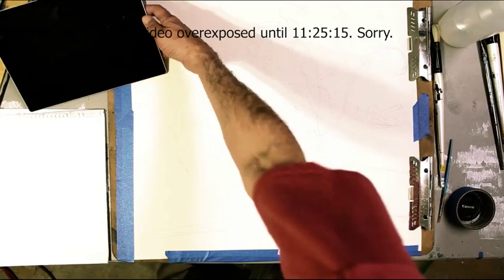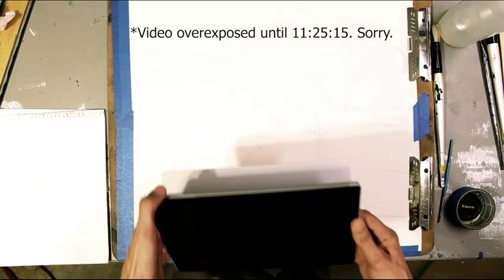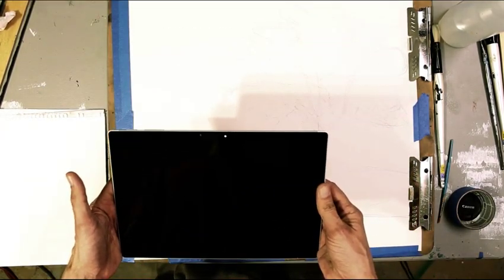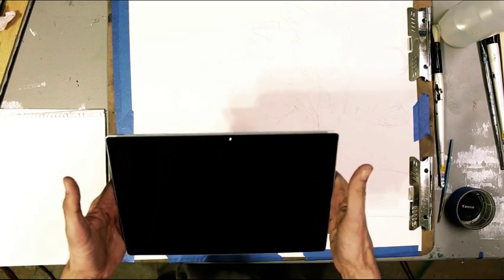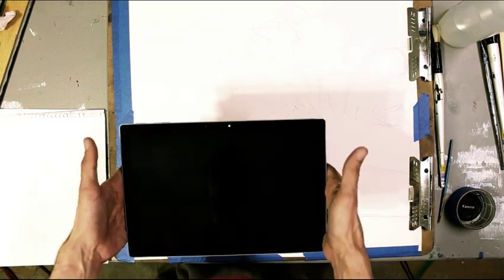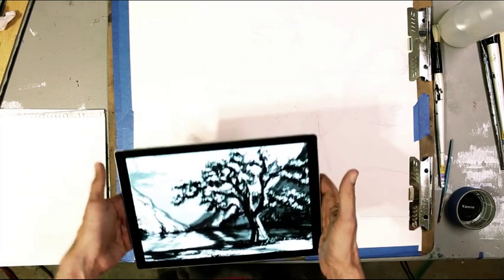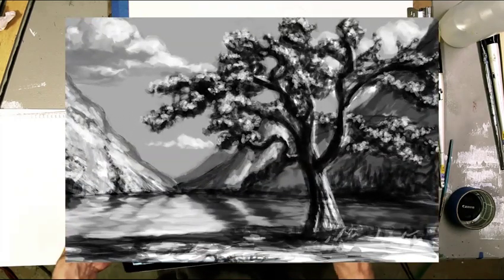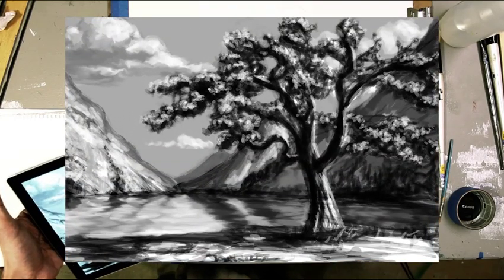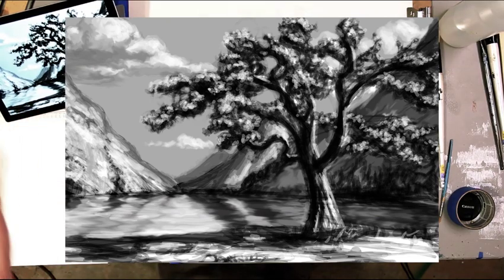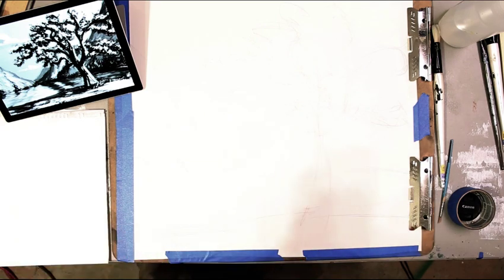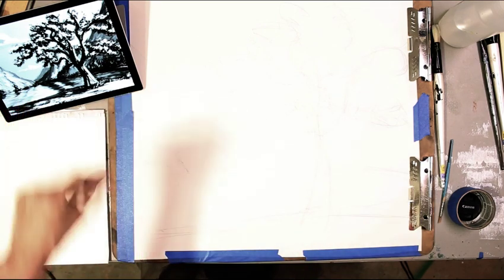All right, let us begin. I transferred my drawing from my source sketch. Okay, there we go. So I drew this on Photoshop. I have a good idea of what my light should look like, and so let us